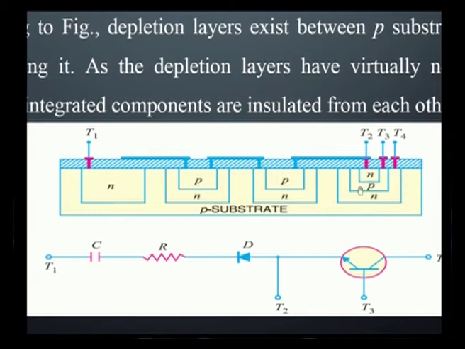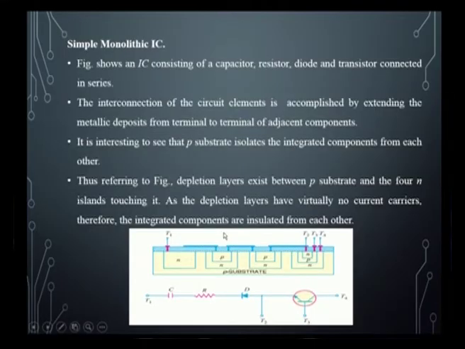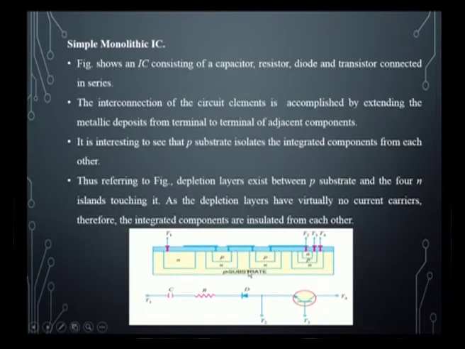And finally, the transistor we also come to know. This is an NPN type transistor with the 3 terminals E, B, C. All these will be fabricated on a single wafer P substrate. The P layer will have no current carriers, acting as an absolute insulator. So, all the electronic components can be easily integrated on the P substrate.